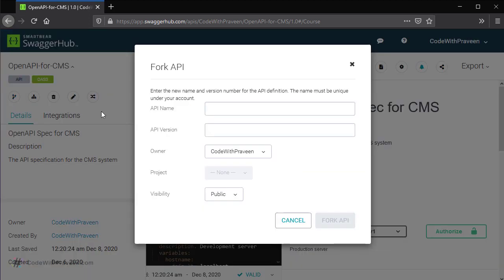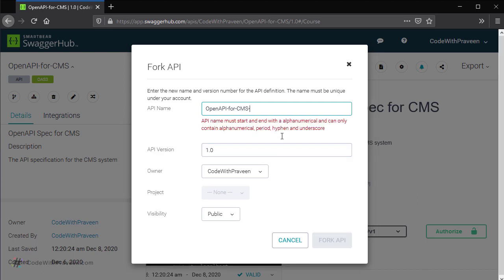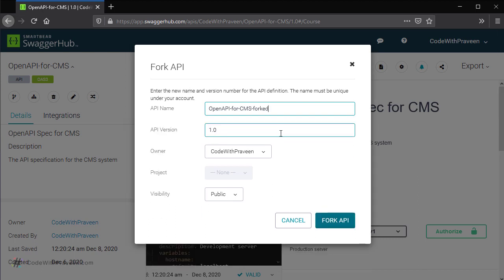Once you click this, it's going to bring up a dialog to enter the details for your new API. Notice that it has populated with the values from the existing API. You can go ahead and tweak it as per the naming convention you require for your forked API. For instance, I'm going to give it a name as forked. And then we need to enter the API version. Note that the API version here refers to the documentation version, not to the OpenAPI version. To begin with, we can give it as 1.0, or you are free to change it to any other value which you prefer. I'm going to leave it as the default value 1.0.